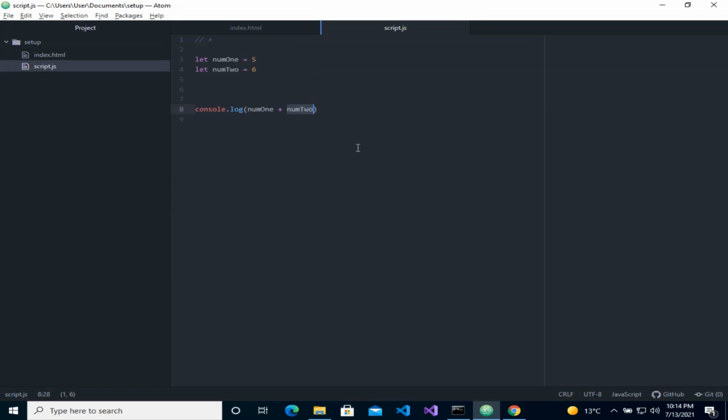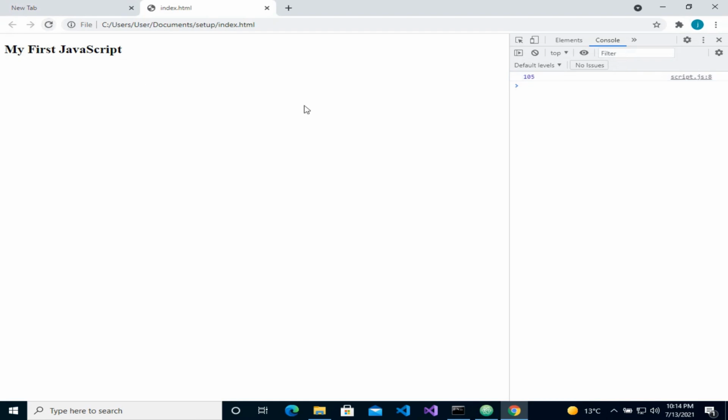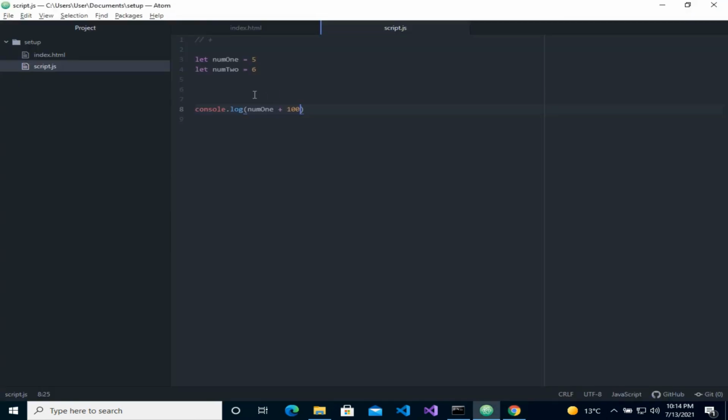We can add a number contained within a variable to a number that we specify. And likewise with the addition